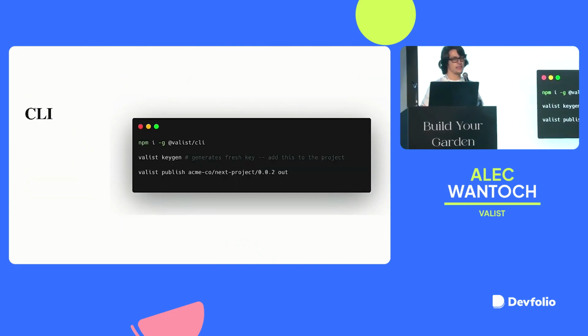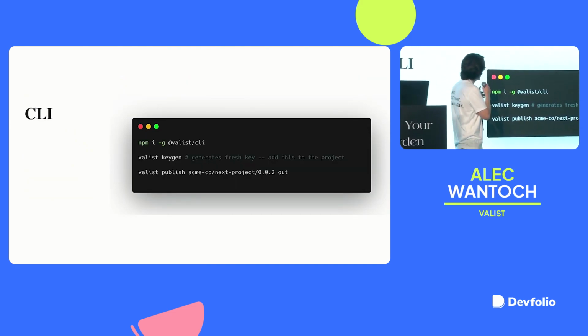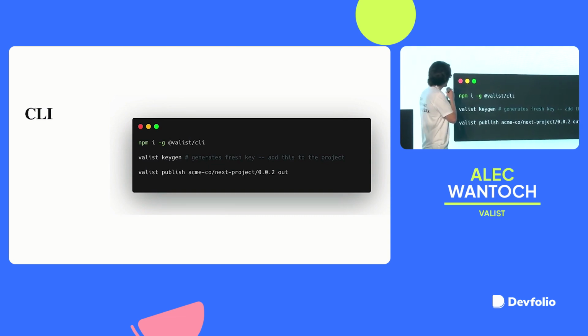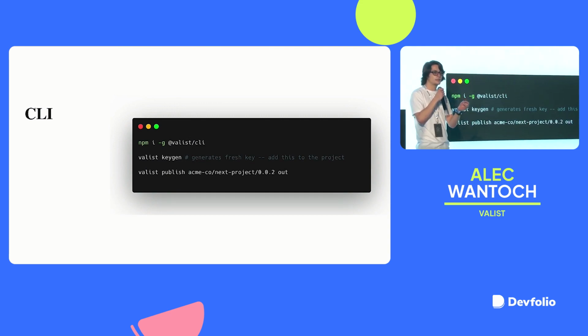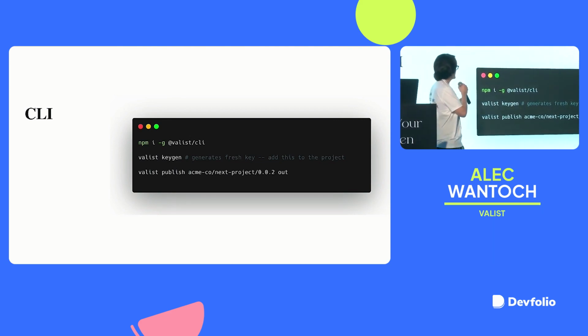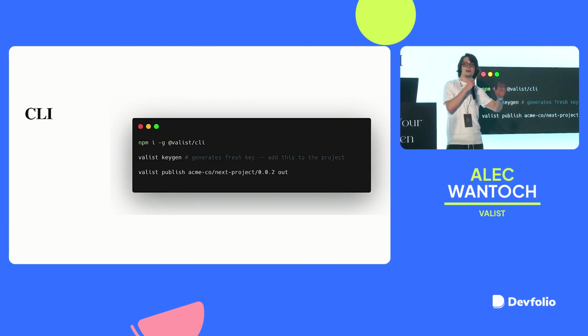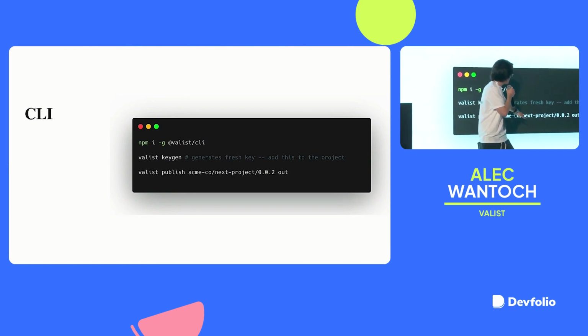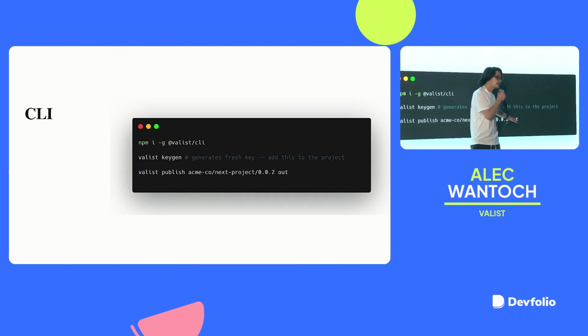But the CLI, again, super easy interface. Basically, you just install it. We use Valist. Basically, we use your native keychain on Mac OS. On Linux, we use GNOME Keyring, and on Windows, it is the Credential Vault, I believe it's called. But basically, these are all super secure ways that are powered by hardware security on your desktops. It stores a fresh Ethereum key in there, and since it's powered by meta transactions, we can add that to the account. And then to publish, you just provide your account name, your project name, the version, and then the folder that you want to publish.